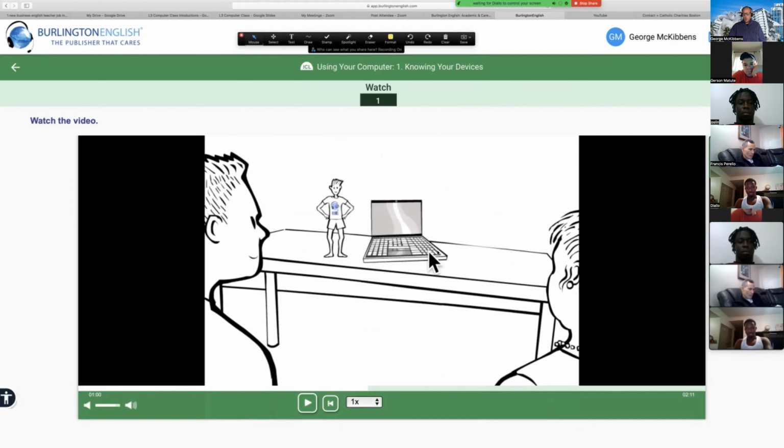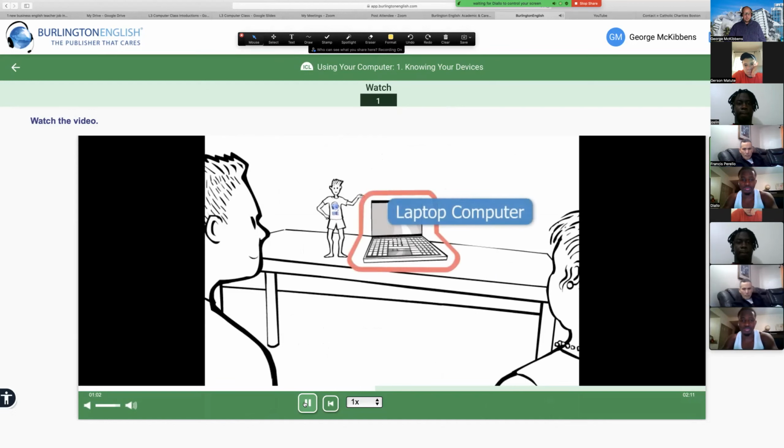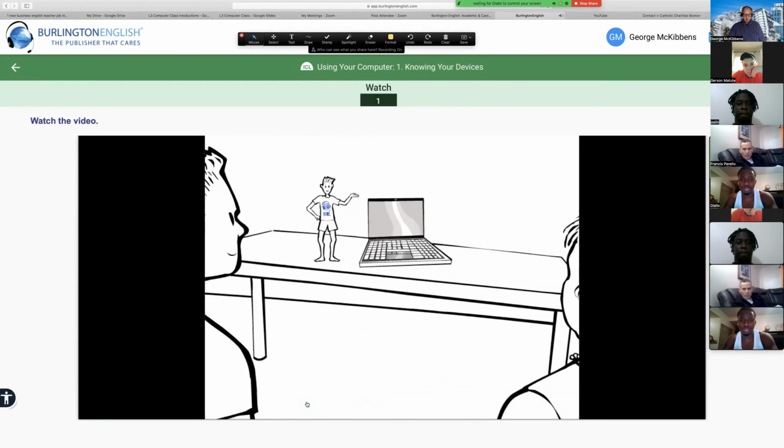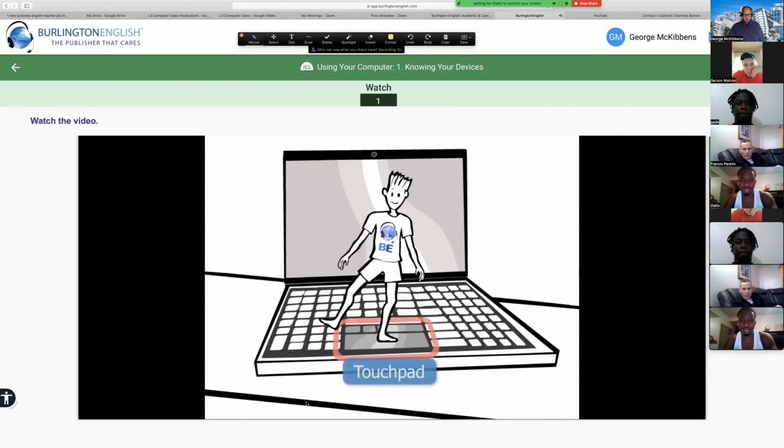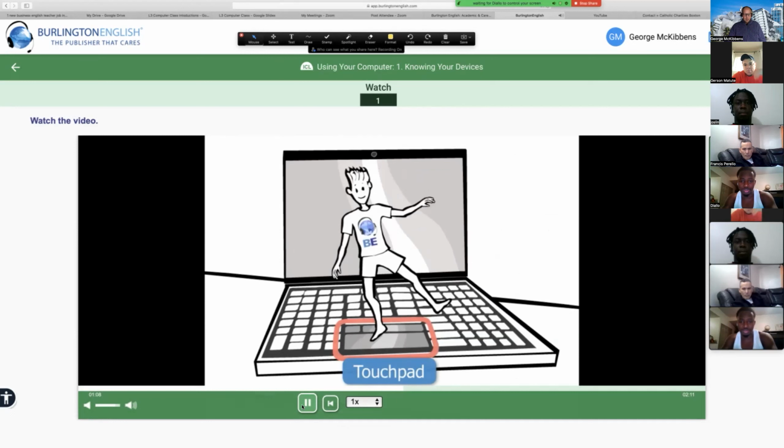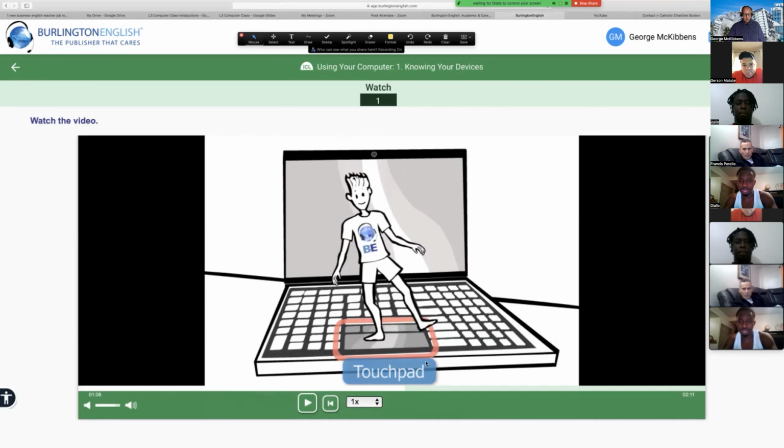If you have a Chromebook, that's one of these. It's a laptop. The desktop is something different.